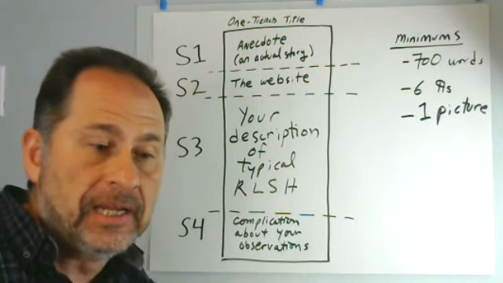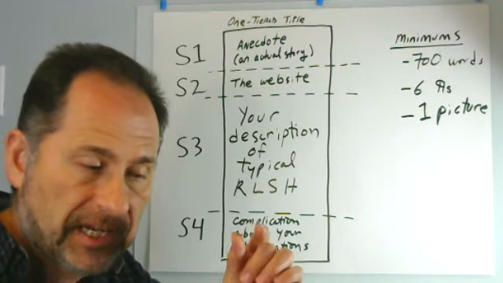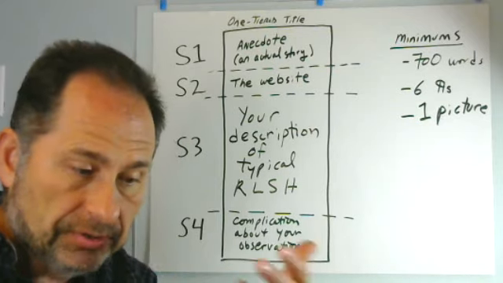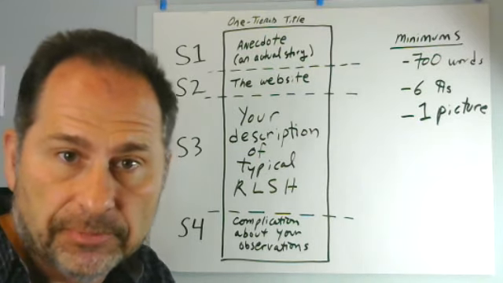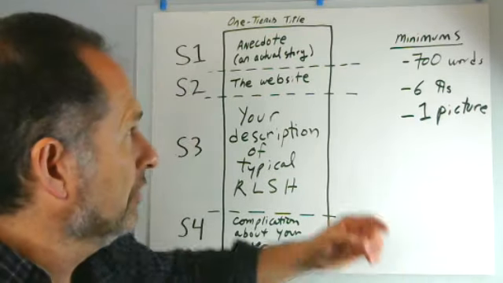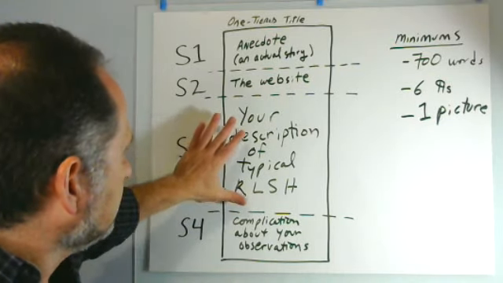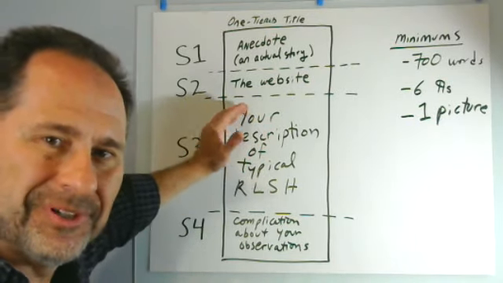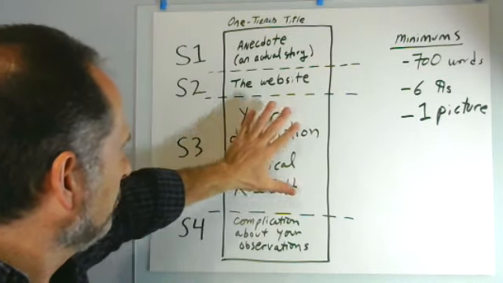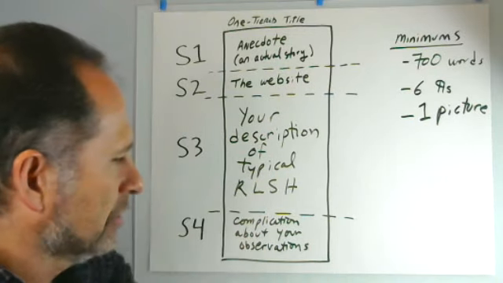Technically, anything that has white space above it and white space after it, even one sentence, can be counted as a separate paragraph as far as digital tests go. So some paragraphs might have only one sentence in them, and you're welcome to experiment with that if you wish. But anyway, this is the meat. This is where most of your writing is going to take place. And then once you provide your description of the typical real life superhero,